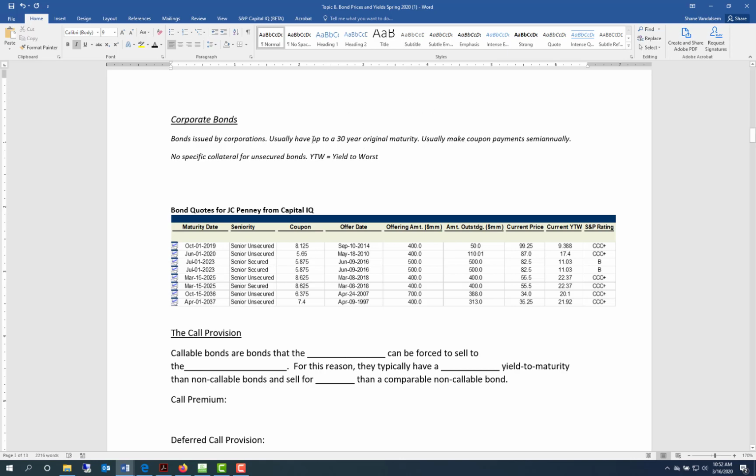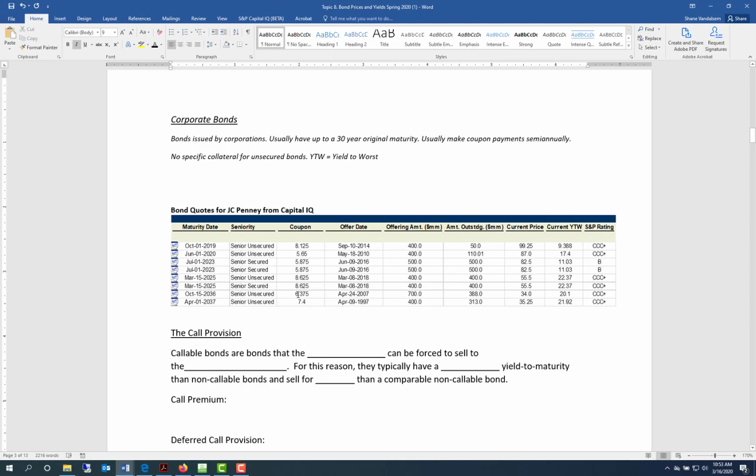For most, if not all of these bonds, this is going to be the yield to maturity unless they're callable or unless they're putable bonds. You can see here the S&P rating for these bonds is actually really low. These two B bonds here are secured. The rest of them, this one is secured too, senior secured, but still has a bad bond rating. These would be considered, all of these would be considered to be junk bonds or speculative bonds because JCPenney hasn't